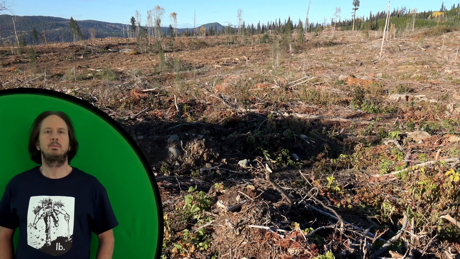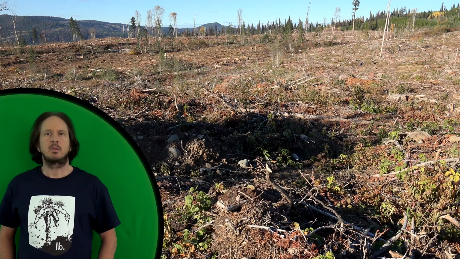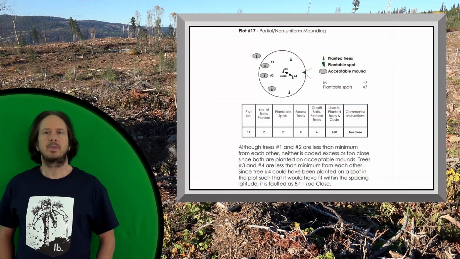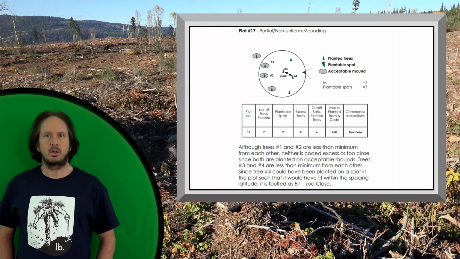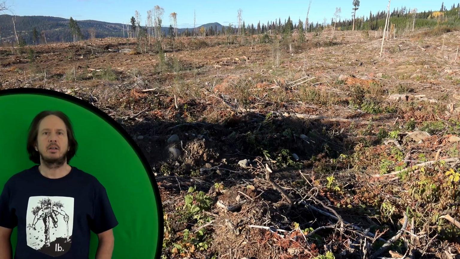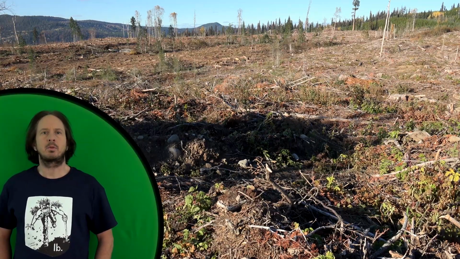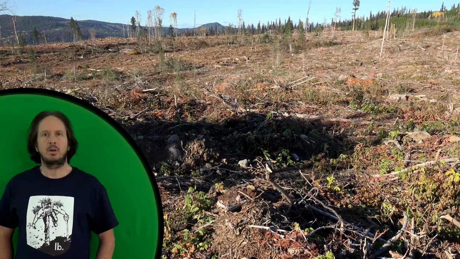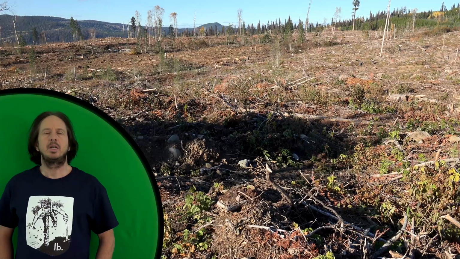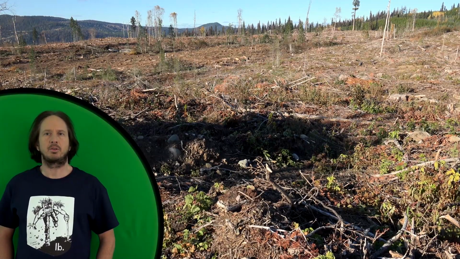B1, too close. If a pair of trees are planted closer together than the contract's minimum spacing requirement, then one of the 2 trees is considered to be faulted as too close. This is the only spacing problem that can get directly listed as a quality fault. Note that both trees are not faulted under the rationale that if you removed one faulted tree from the plot, the remaining tree would be fine. This is a fairly common problem on plot sheets if planters are not paying careful attention to their spacing.